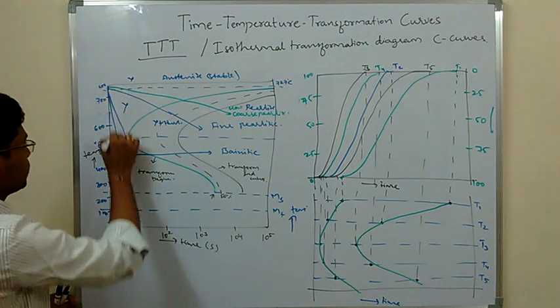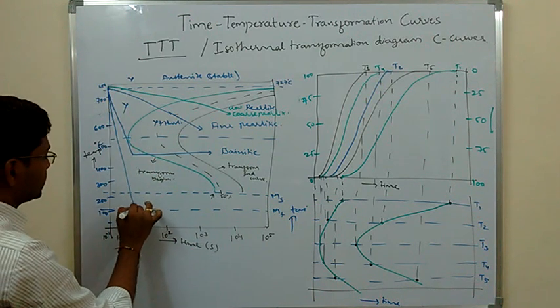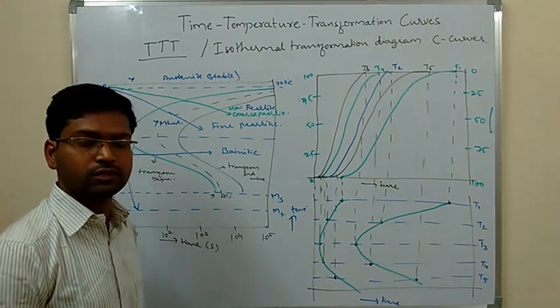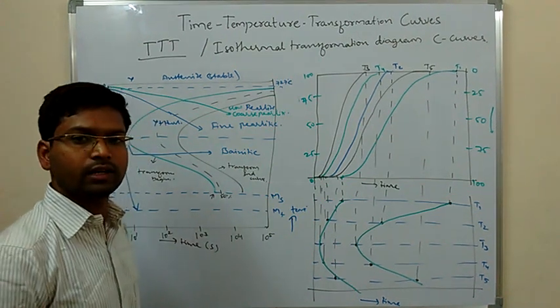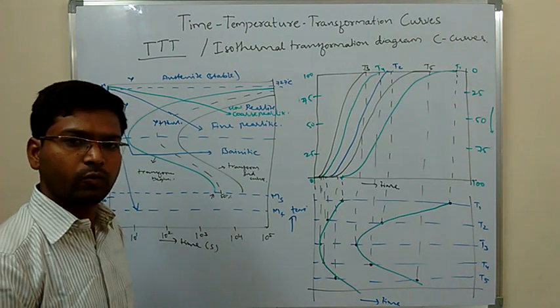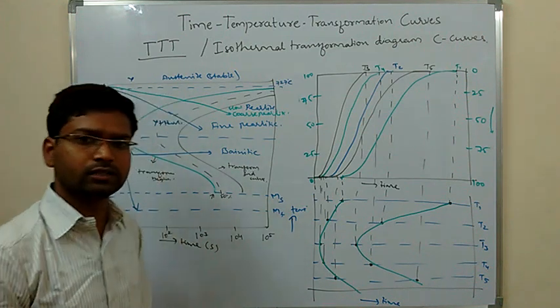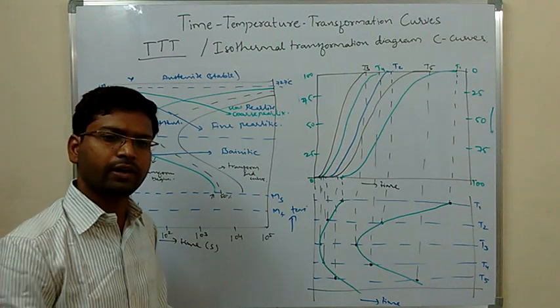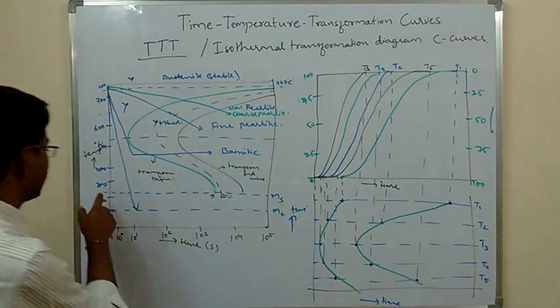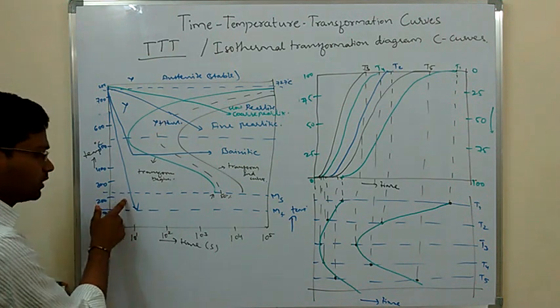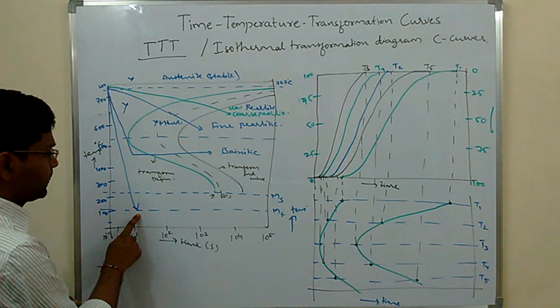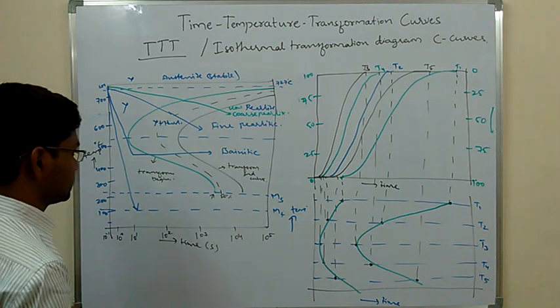When we do sudden cooling, we will get the martensitic structure. Martensitic structure is the diffusionless product, where there is no diffusion of carbon atoms. When the transformation temperature decreases, the diffusion of carbon atoms also decreases. After a certain limit, approximately less than 200, there is no diffusion of carbon. We will get the martensitic structure. So this is a martensitic structure.